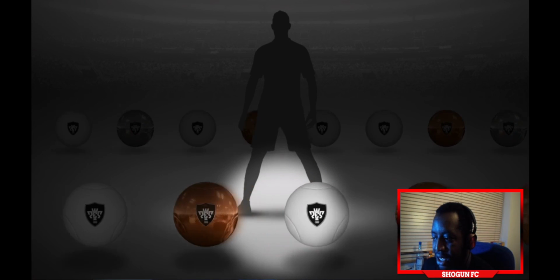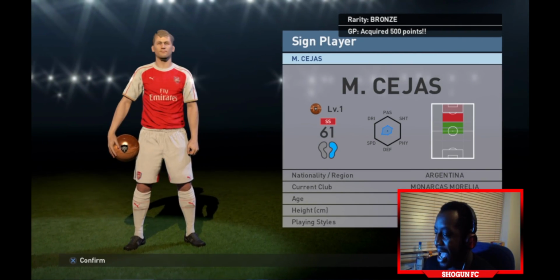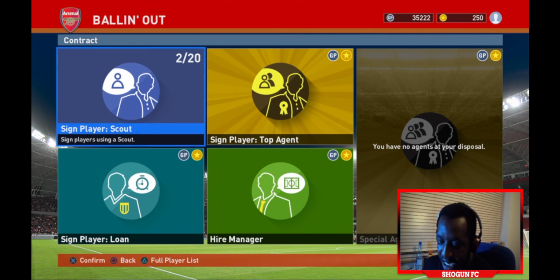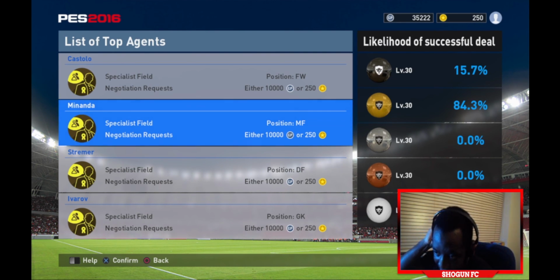Alright, let's get a good one. Oh dear, we're getting a bronze player. Who is he? Oh, he is absolutely terrible. Right, the next one we can use, because DRMIC's got a hat-trick, we can either get a loan or a top agent in midfield or up front. So I'm going to go for a top agent, and I've earned myself enough coins to do it. What do I want? Do I want a midfielder or a forward? I think I would rather have somebody...